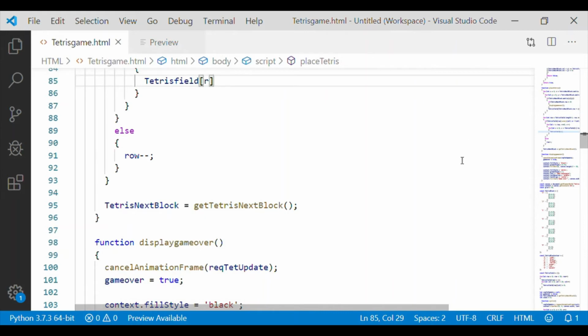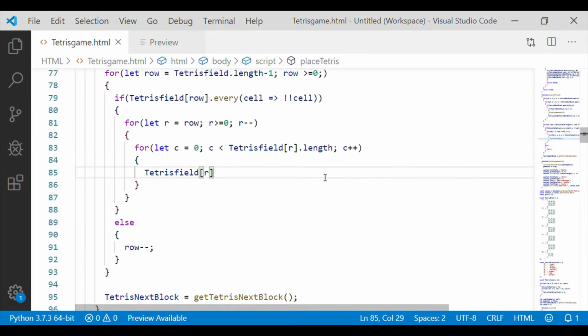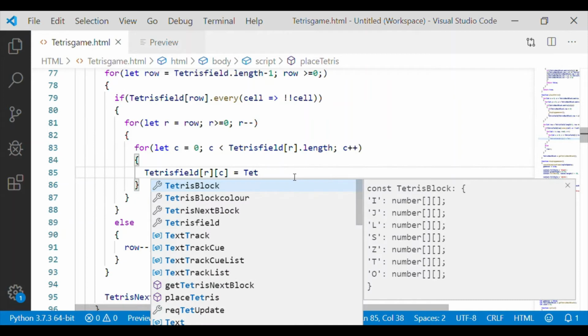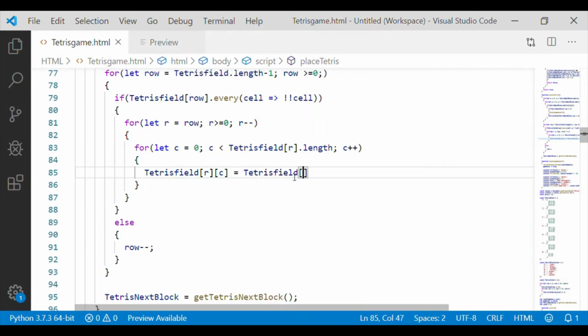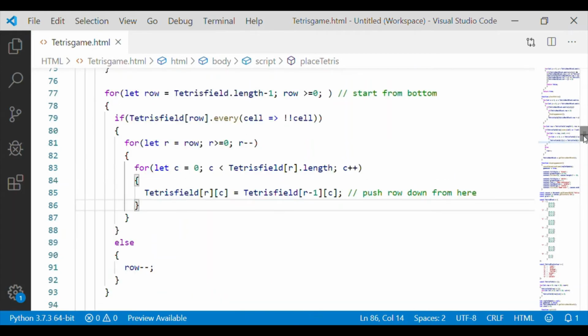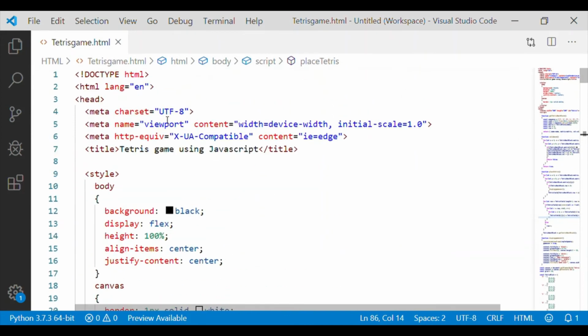For that, we will swap the value on the current row with the values of row minus 1. So Tetris field of r and c is equal to Tetris field of r minus 1 and c. So the row above the completely filled row will replace it.